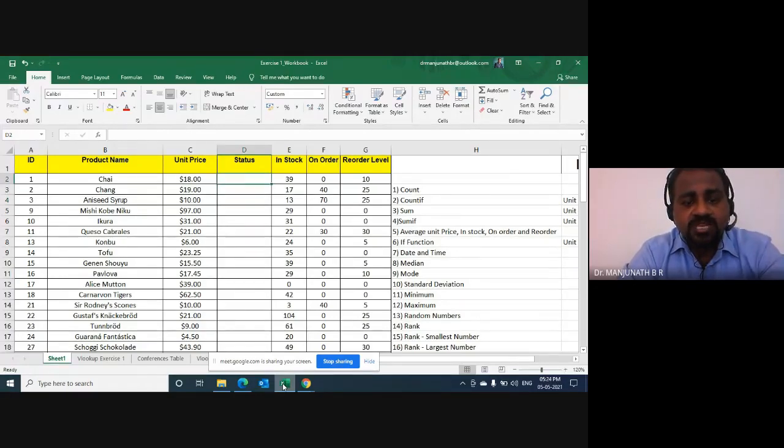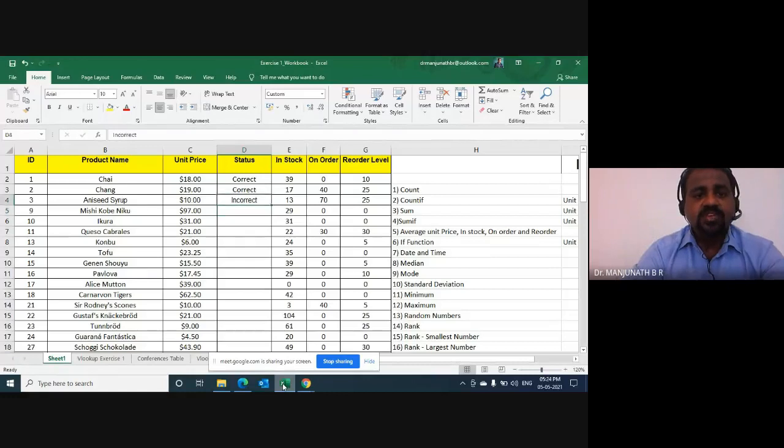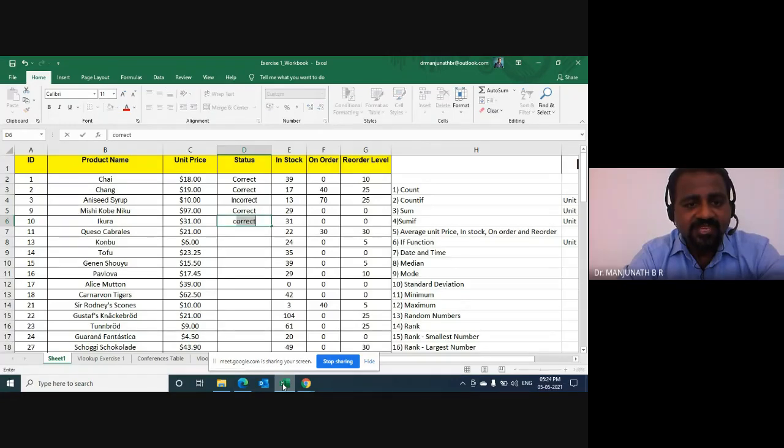For example, if 18 is the unit price, it should come correct. If it is 19, correct. If it is 10, it should be incorrect. If it is less than 15, it should come as incorrect. That is what the requirement is. Getting? Yes, sir.